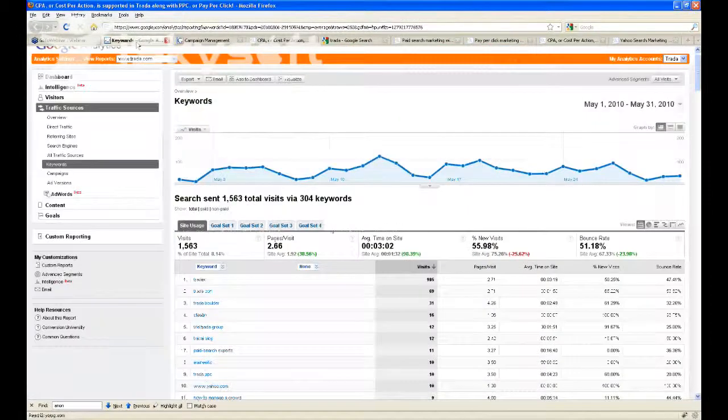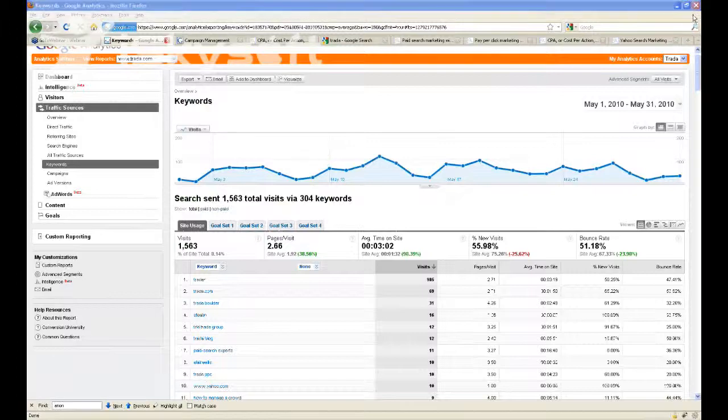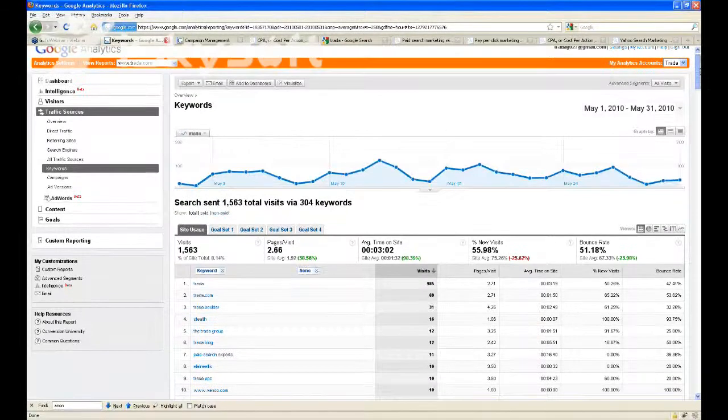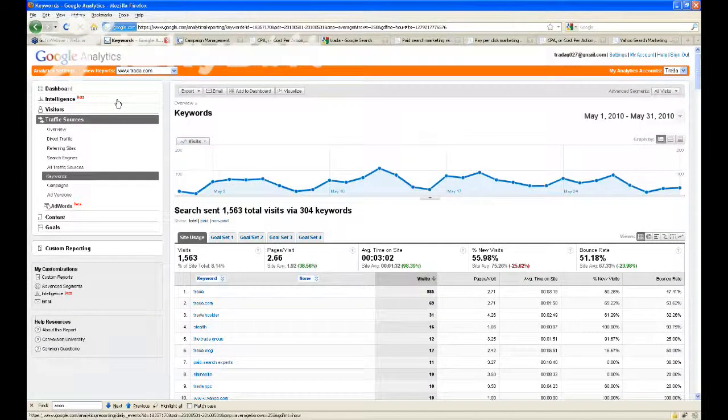What I want to emphasize here, as I just jumped back into Google Analytics, is that it is very misleading sometimes to only look at Google Analytics. It's a good starting point, but sometimes you have to look elsewhere and cross-reference the data, especially if you're dealing with the differences between SEM and SEO. Google Analytics is great for pure SEO data. AdWords, of course, is better for pure SEM data.